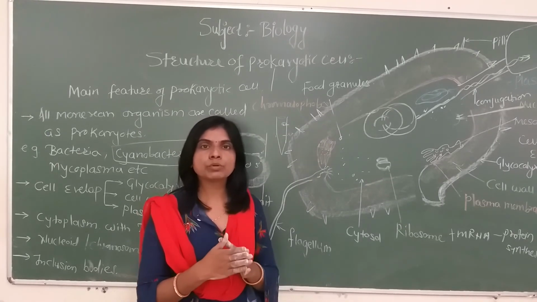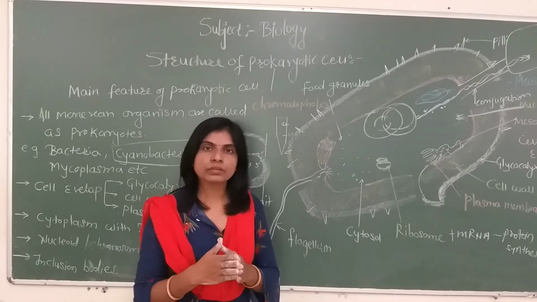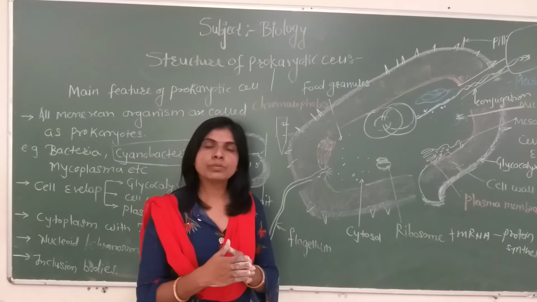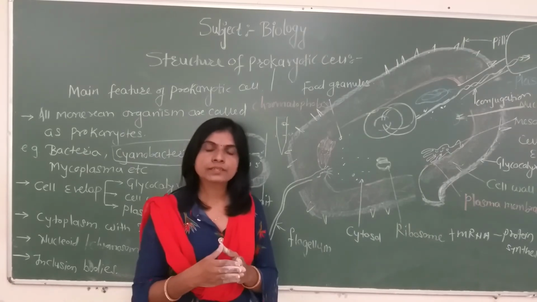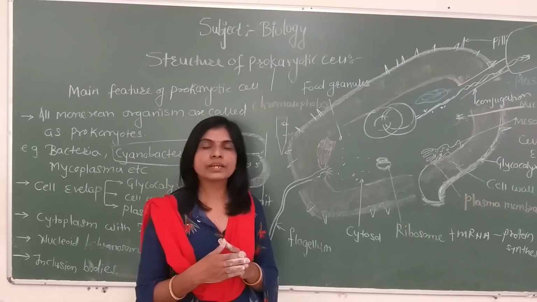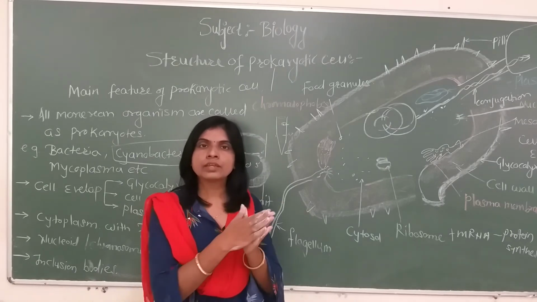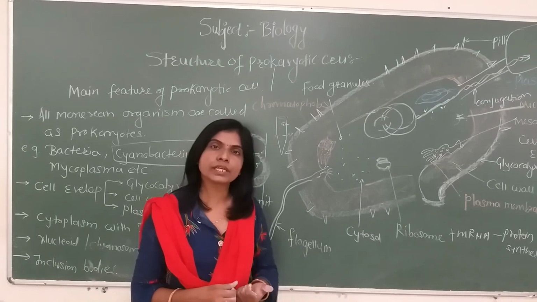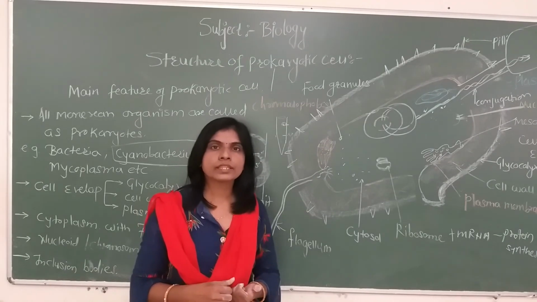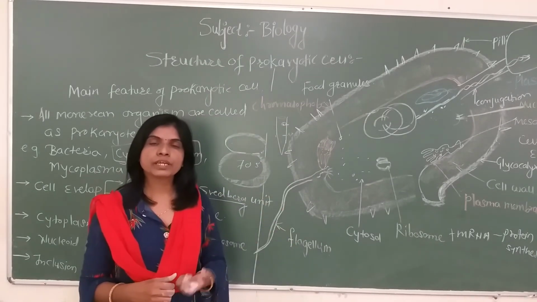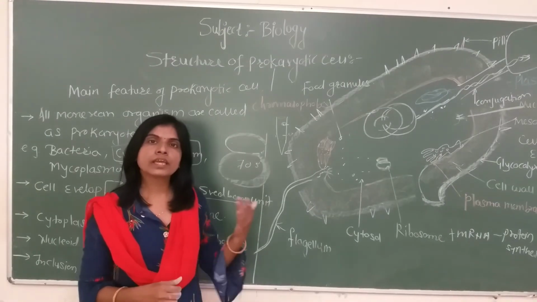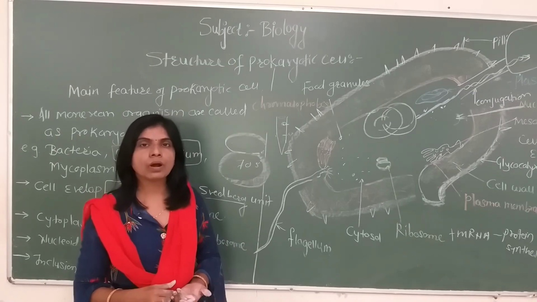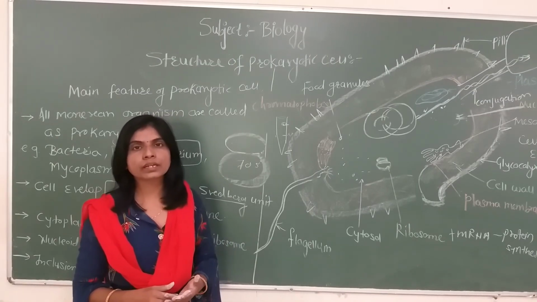So conjugation type of reproduction is possible when the plasmid is there. Those allow the bacteria to form a conjugation tube. Such a plasmid is called an episome or fertility factor. So in this manner, in the prokaryotic cell, naturally found extra chromosomal genetic material is called plasmid. They are either R plasmids, which make the bacteria resistant to antibiotics, whole plasmids, which allow the bacteria to synthesize the colchicine substances, or they are the fertility factor or episomes.